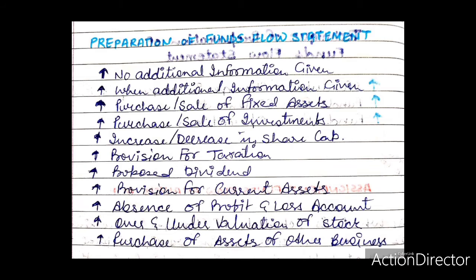The fact that depreciation should be added back to the net profit does not mean that depreciation is a source of funds. Otherwise, all firms would have provided a higher amount of depreciation to create funds. The depreciation is added back because it is a non-cash item and does not affect the funds of the firm. However, depreciation can be taken as a source of fund in a limited sense because of the following reasons.